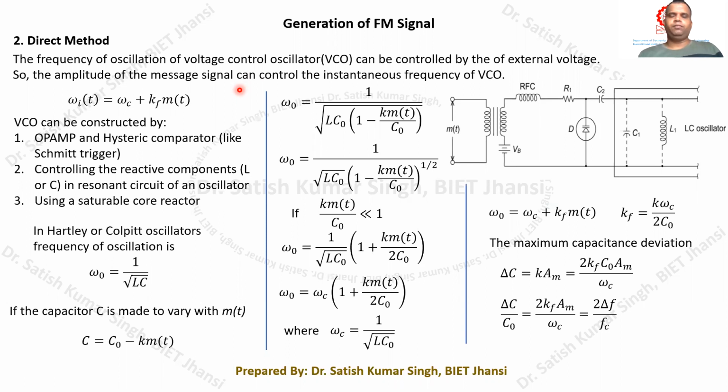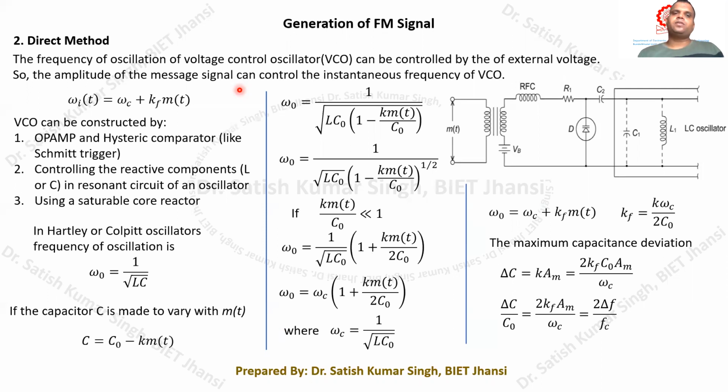If you go through certain textbooks, you will find that there are basically three different ways by which we can generate the FM signal using the direct method. As we have already seen, the indirect method is the most popular method because of its frequency stability, since it is able to generate frequencies with much greater stability. But the direct method, whatever approach we use, generally does not have that much frequency stability because of the oscillator's nature.